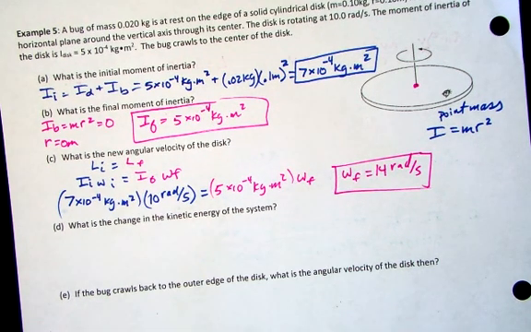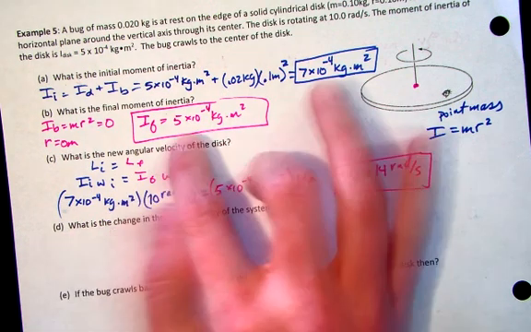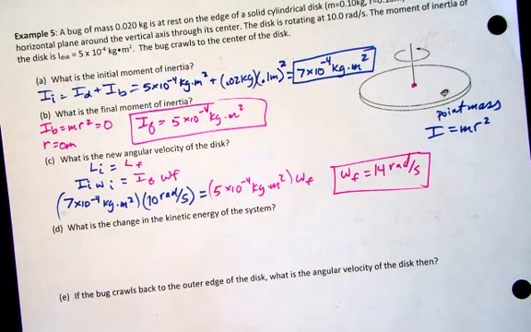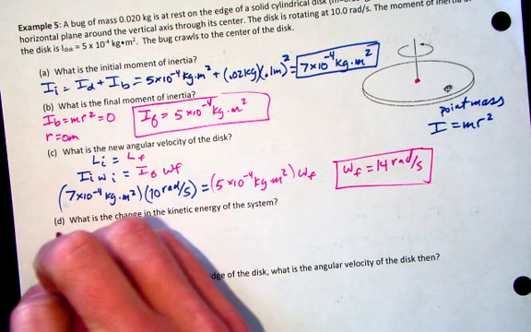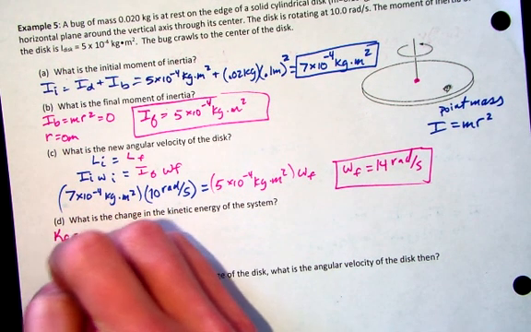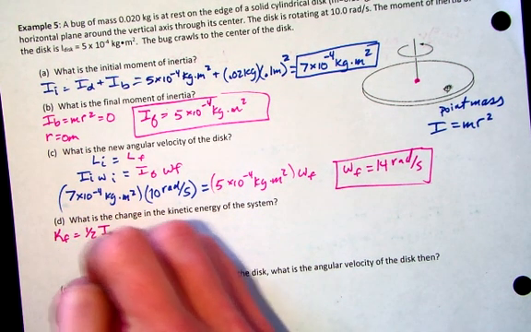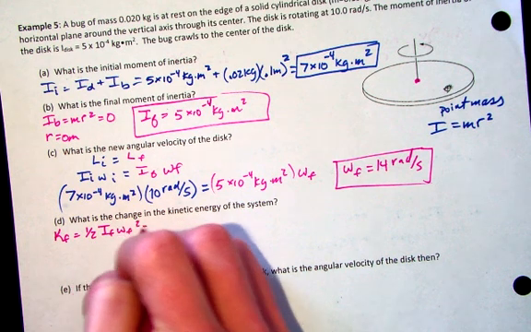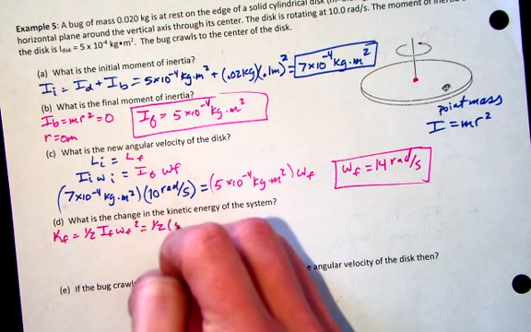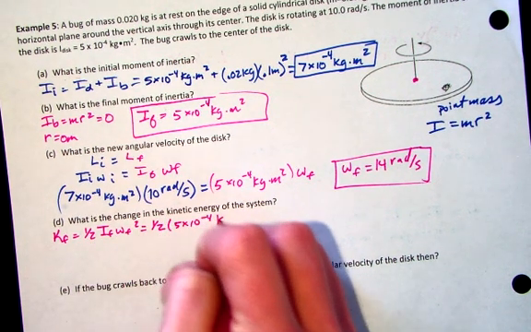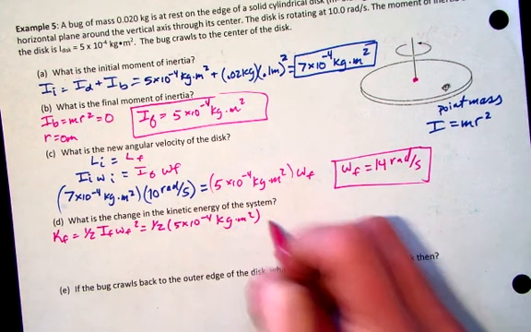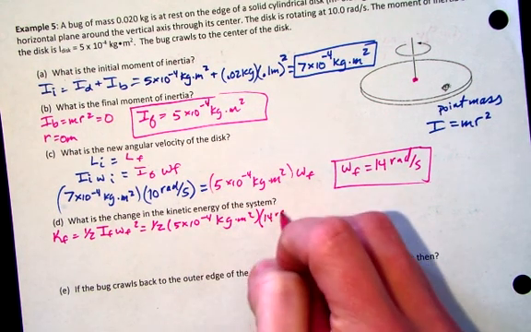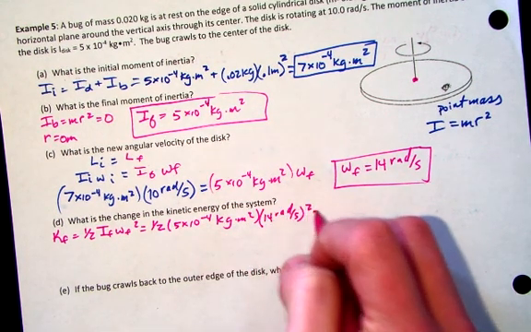Or likewise, we know it's an inverse relationship with moment of inertia. Since our moment of inertia decreased, we know that our kinetic energy is increasing. So let's take a look at the two. The final kinetic energy is 1/2 I final omega final squared, which is 1/2 times 5 times 10 to the negative 4th kilograms times meter squared times 14 radians per second squared,